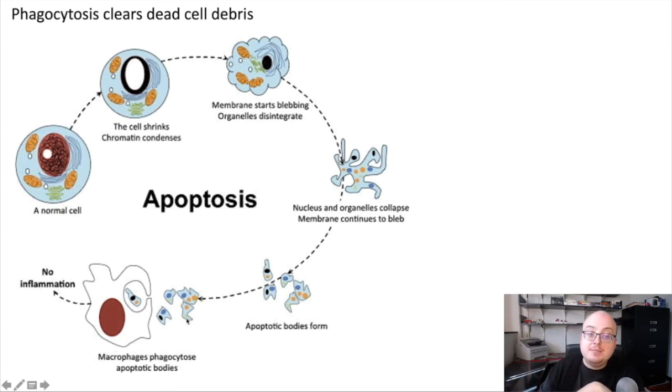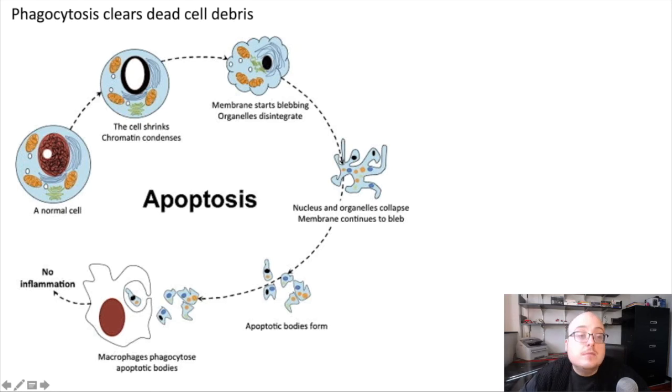And these apoptotic bodies are really, really yummy to macrophages. Macrophages, when they see apoptotic bodies, immediately start to eat them and process them through phagocytosis. So they digest them, they recycle anything that's good, they get rid of anything that's not. And for this reason, macrophages have a very important function of being sort of our cleanup crew. They take care of any apoptotic cells that they encounter in our bodies.